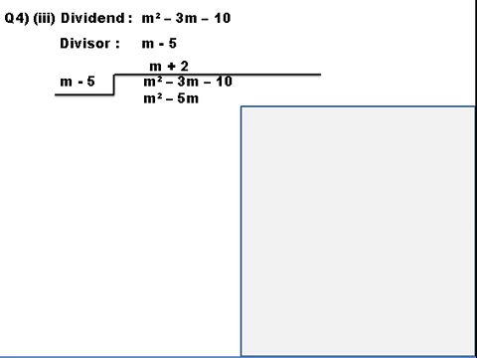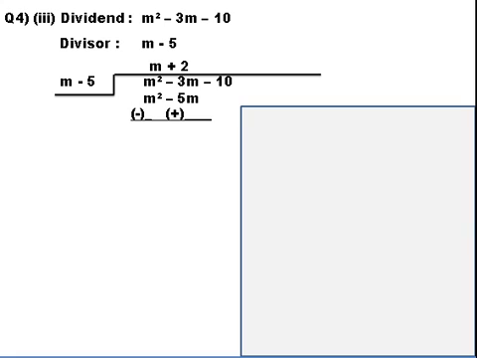So like it happens in normal division, we are going to subtract this result. So once we subtracted, the sign of the expression changes. Each term of the second expression will change. Because m square was positive here, it will become negative if you see the bracket. And minus 5m was negative, so it will become positive in the bracket. So the second expression, the signs are changed for each term.